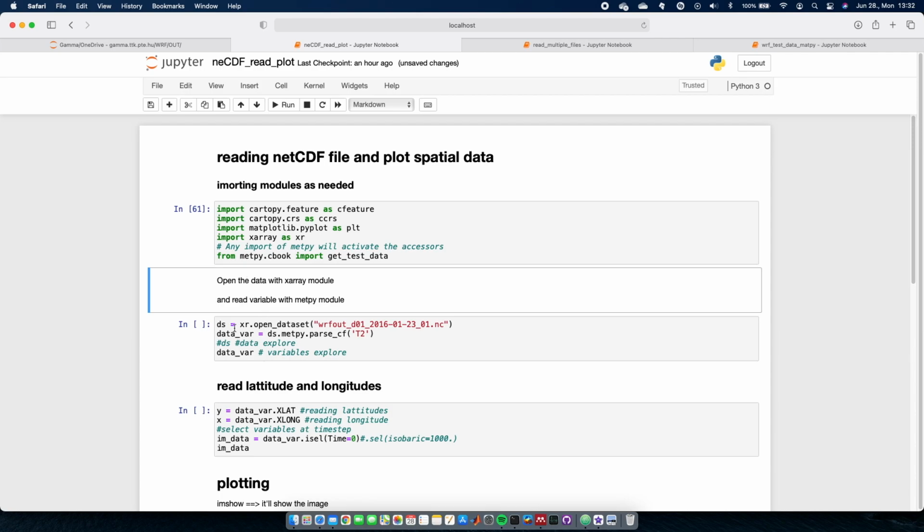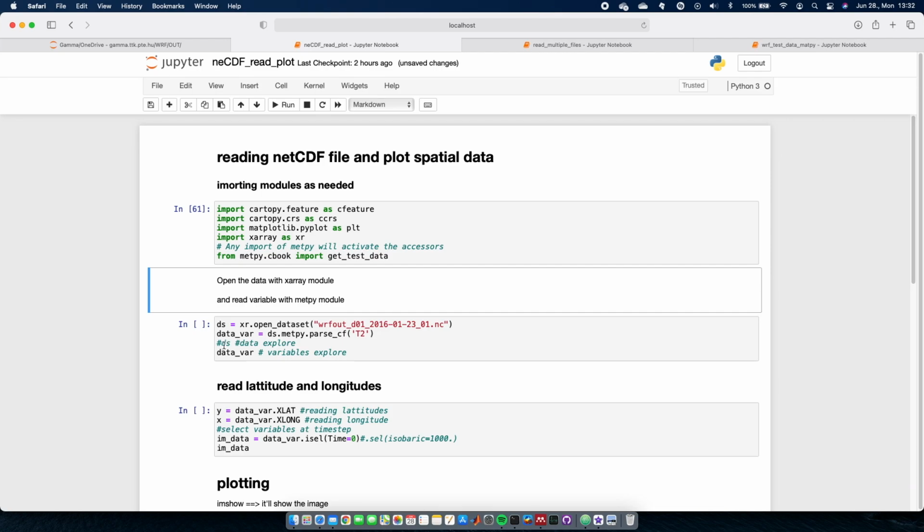Well, we will go here, and in this line xr.open_dataset will open the dataset and put it into array format with complete data information. With the help of the MetPy package which we already imported, we will read the variable here. T2 is my variable. T2 means temperature at the 2 meters level. I would like to see this variable, so I extracted it from the dataset which I already read with the help of xarray.